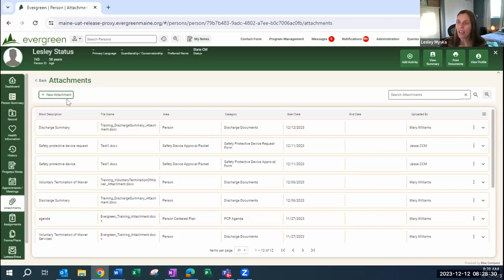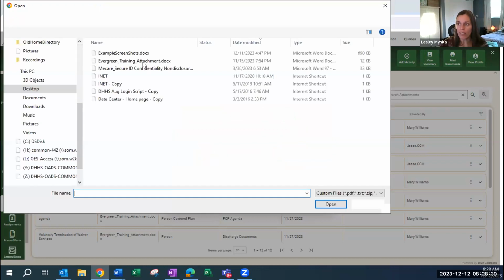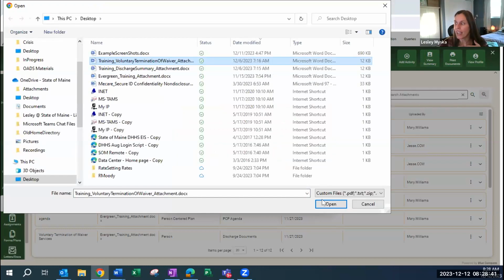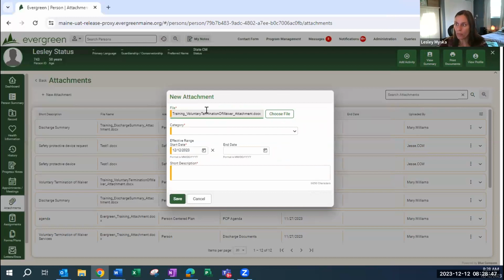attachments list here. Then the checklist told me that I should also upload an attachment of the voluntary termination of waiver services. Again, you would have completed this, gotten the signature, and you'll just search for that on your device. Click open, it will show you that it's uploaded that. You'll again select the discharge documents category. You can leave the end date open and you can say this is the